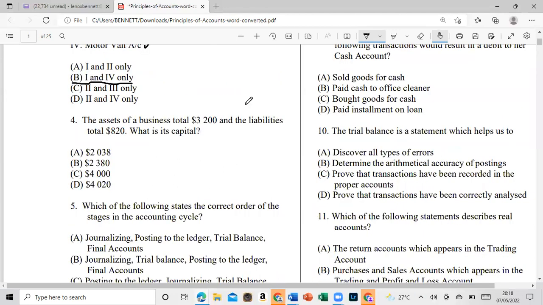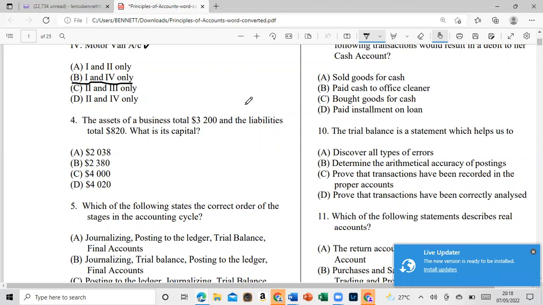Let's look at number 4. The assets of a business total 3,200 and the liabilities total 820. What is the capital? All right, so we know that capital is assets minus liabilities. So we could do a subtraction. So that's 3,200